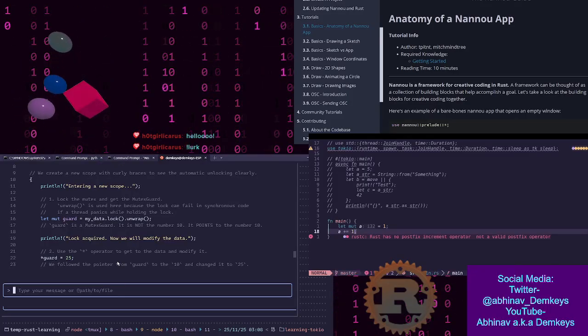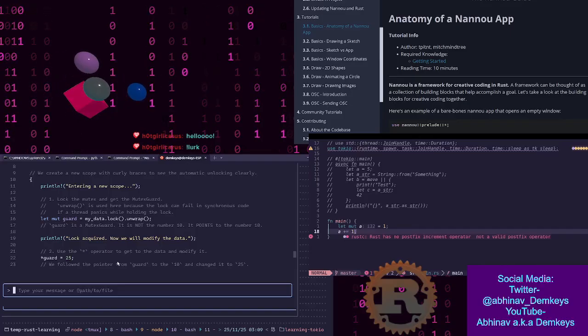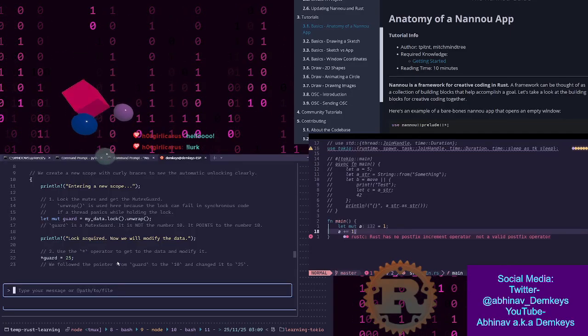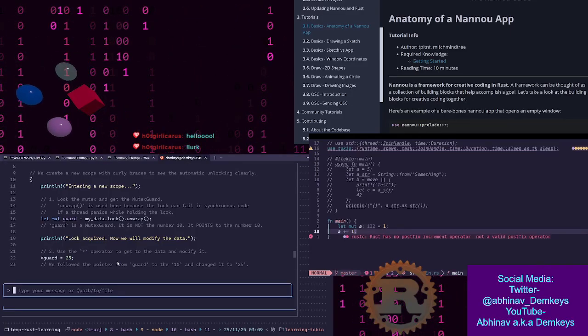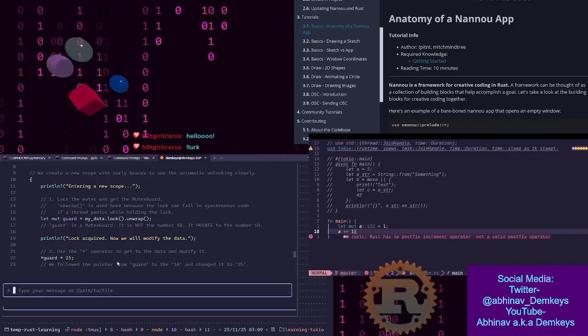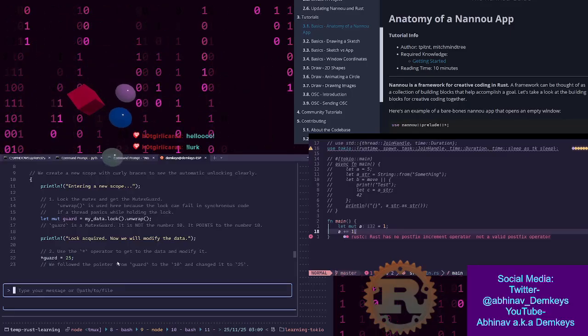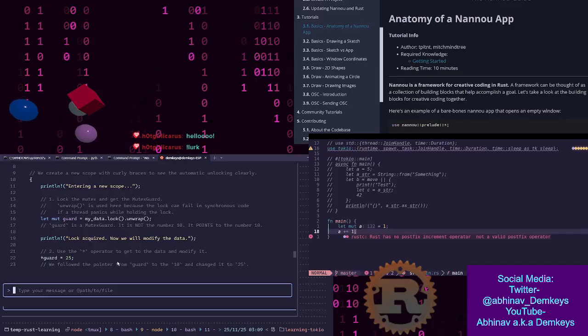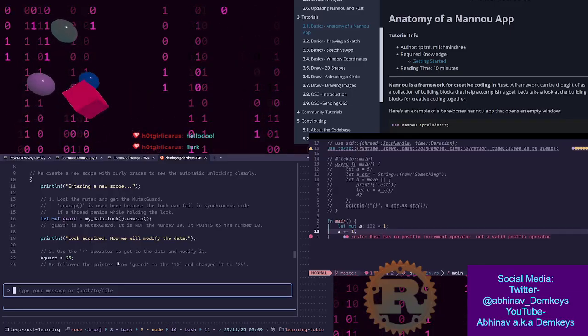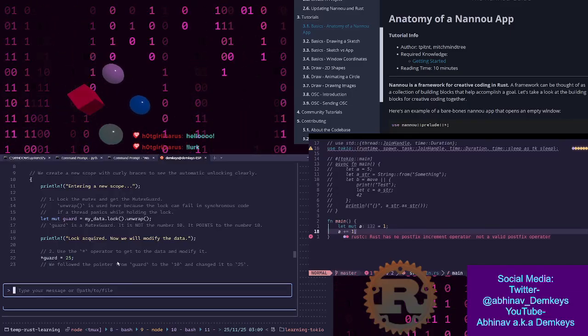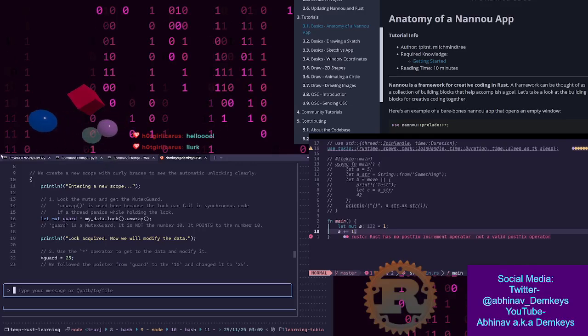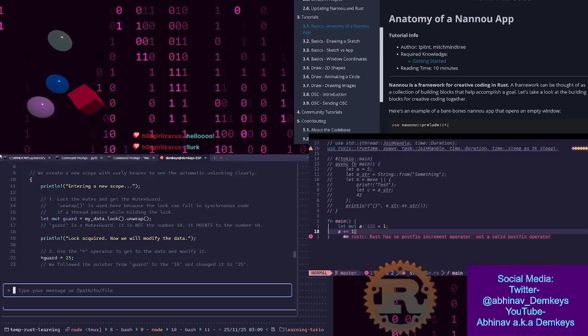Unwrap is used here because the lock can fail in synchronous code if a thread panics while holding the lock. Guard is a mutex. It is not the number 10. It points to the number 10. Oh, so because it's a smart pointer, that's why. Okay, okay. I need to ask this question to Gemini in maybe a different